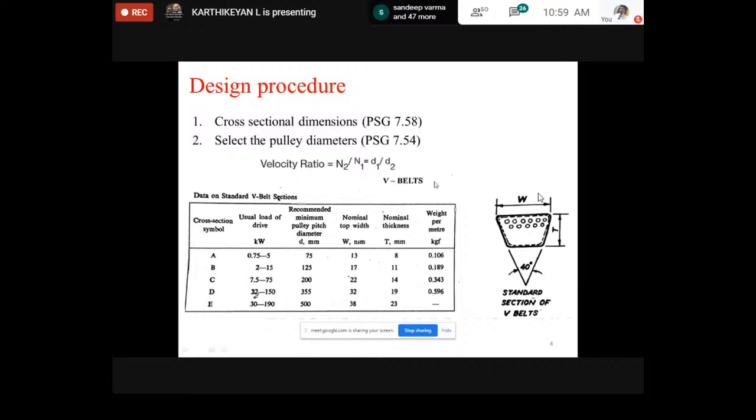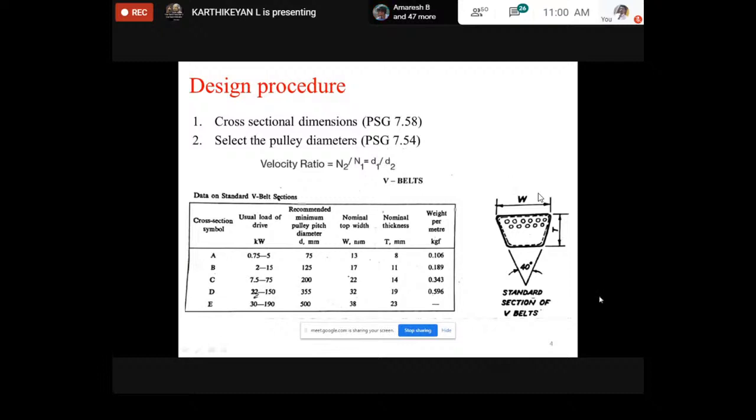And the second step, as already Walek sir said, is to select the pulley diameter. For the selection of pulley diameter, standard sizes are available in the PSD data book page number 7.54. Also, any 3 data or any 2 data are given in every problem. So by using this, you can calculate the velocity ratio, either by speed ratios or diameter ratios. You can calculate the value of i. You can standardize the value from the PSD data book, page number 7.54.